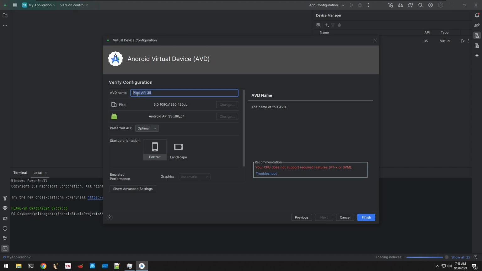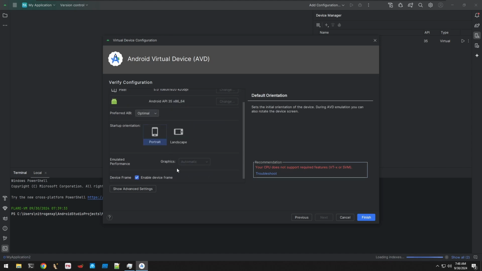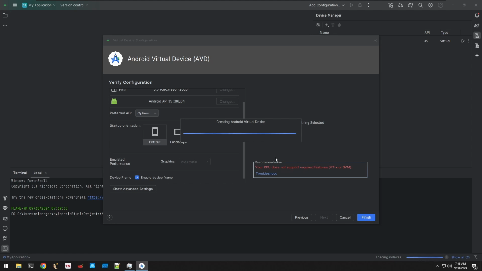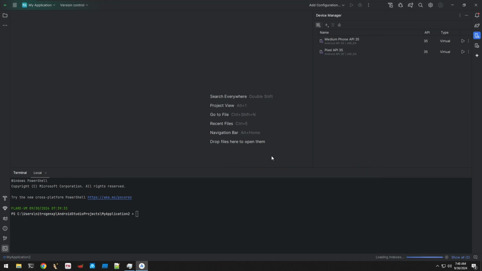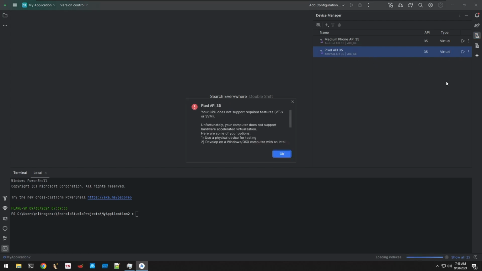Then this is the name of the phone. It's fine, everything here is fine, and I will click on finish. And now I will click wait, and it created this Pixel API 35 phone, and I will run it by